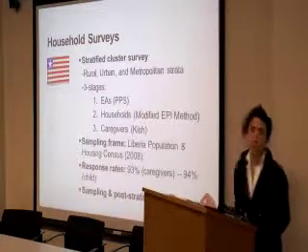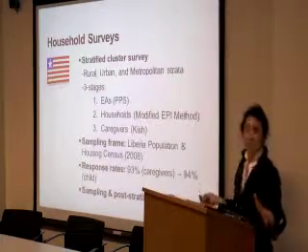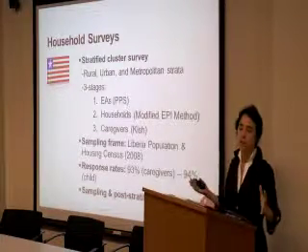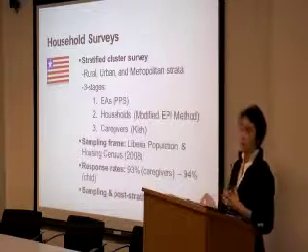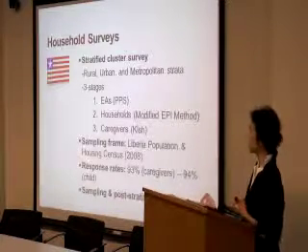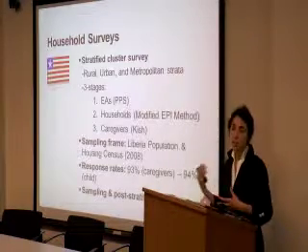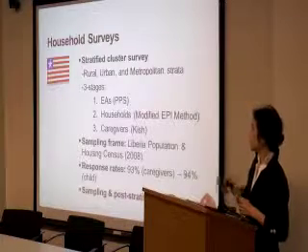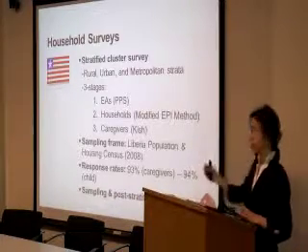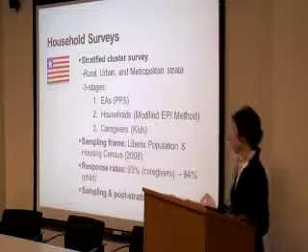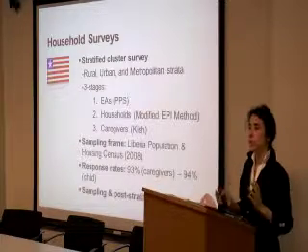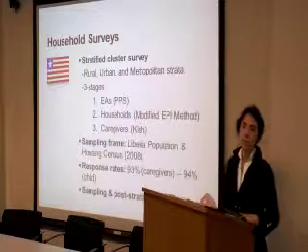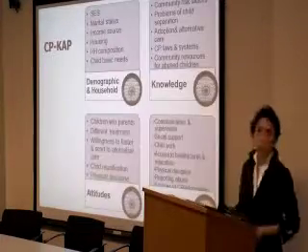So, oh my goodness, household survey. Very quickly, a 3-stage stratified cluster survey. We differentiated rural, urban, and metropolitan because the caregiving practices and the outcomes are very different in those 3 settings. We used the latest census as the sampling frame, and used the enumeration areas in the first stage. In the second stage, we used the modified EPI method to select households, and then a Kish table to select caregivers. The response rates were between 93 and 94%, depending on adults or children, and then we, of course, calculated the sampling and post-stratification weights and used them for analysis.